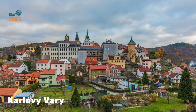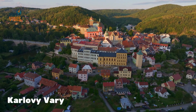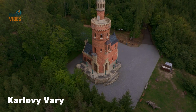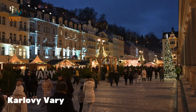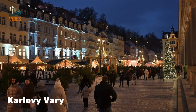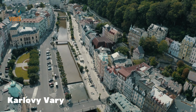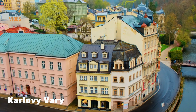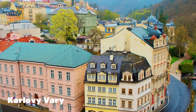Stroll along river promenades lined with pastel-colored buildings, where steam rises from ancient fountains. Taste the famous spring water from delicate porcelain cups. As you wander from one colonnade to another, grand hotels and bathhouses recall days when kings, poets, and artists